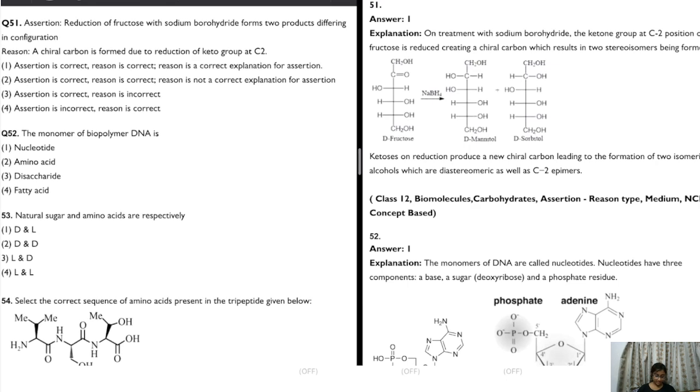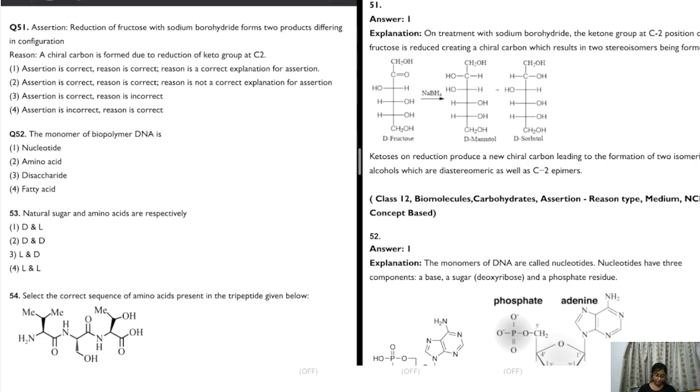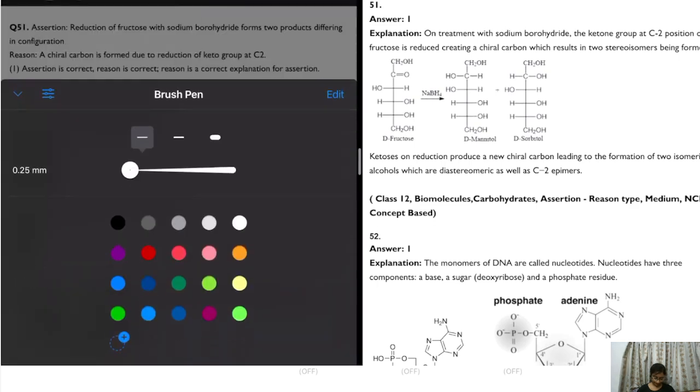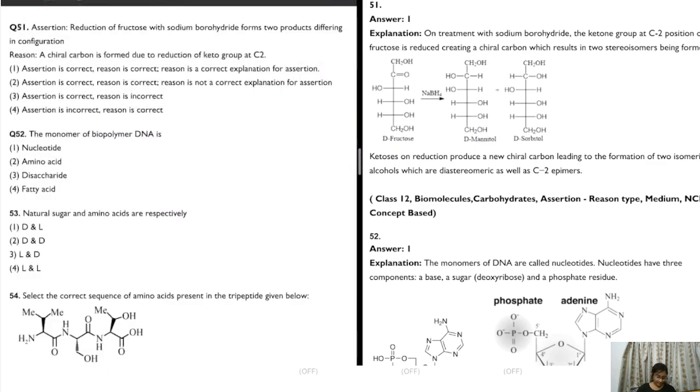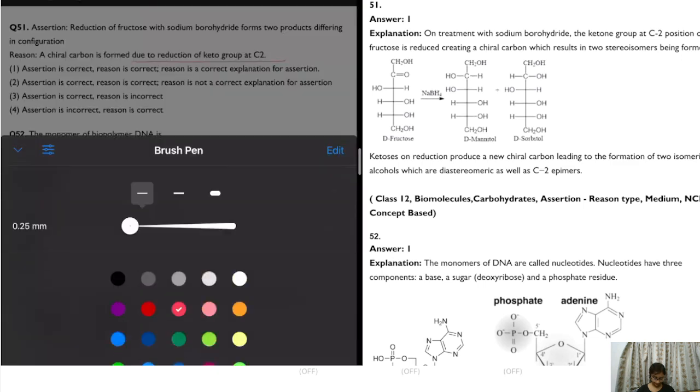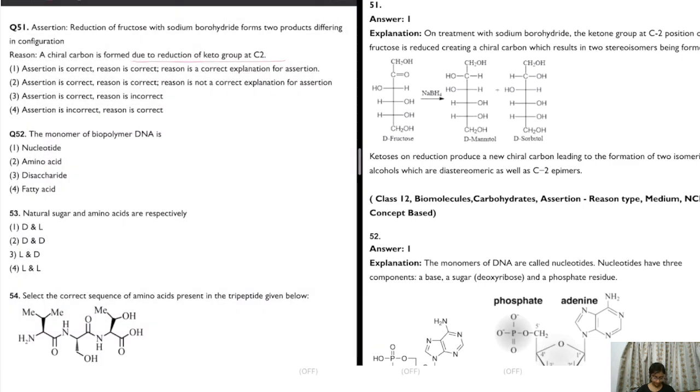Our first question given to us is: Assertion says reduction of fructose with sodium borohydride forms two products differing in configuration. Reason says a chiral carbon is formed due to the reduction of C2 group with C2. So what happened is, while reduction of fructose on treatment with sodium borohydride, what happens is here you see